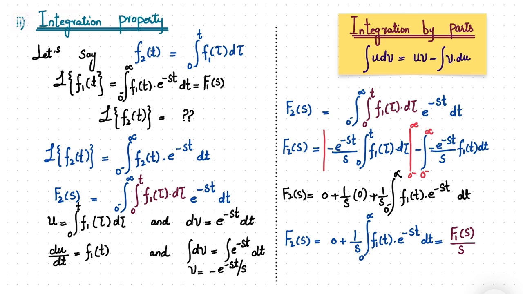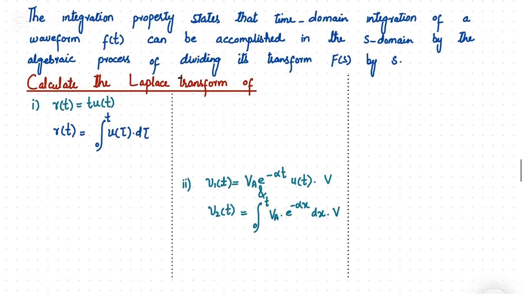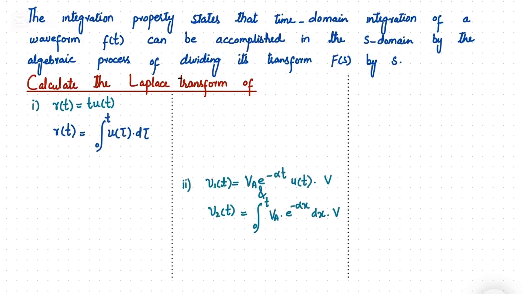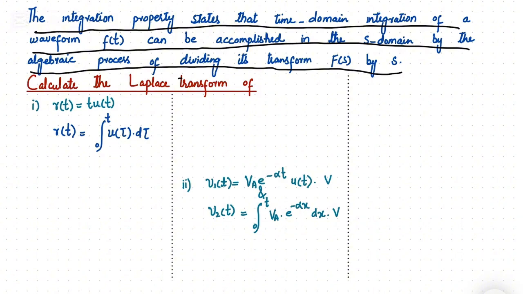In case of inductor and capacitor, voltage and current are usually related by either integral or derivative. Therefore, when the equation involves an integral, we can directly apply the integration property of Laplace transform, and we can calculate the Laplace transform of any required parameter. So the final conclusion of the integration property is that the time domain integration of a waveform f of t can be accomplished in the s domain by the algebraic process of dividing its transform F of s by